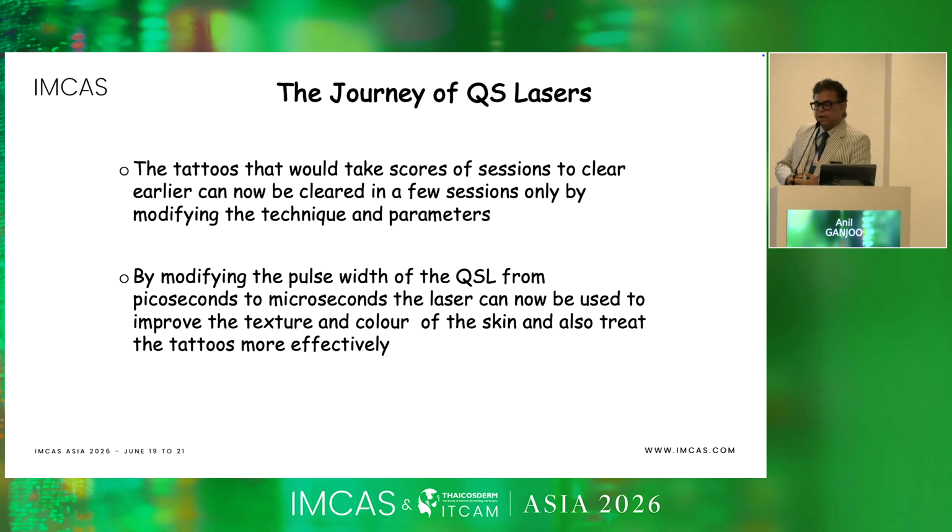laser practice. And lots of changes, like tattoos are treated in a lesser number of sessions now than they were treated earlier. And by modifying the pulse width, we can modify the pulse width from the pico to the nano to the micro to the milli. So we have so many types of pulse widths, and their applicability is different. You can treat pigmented lesions, you can treat scars, you can heat the water and cause textural improvement, and so